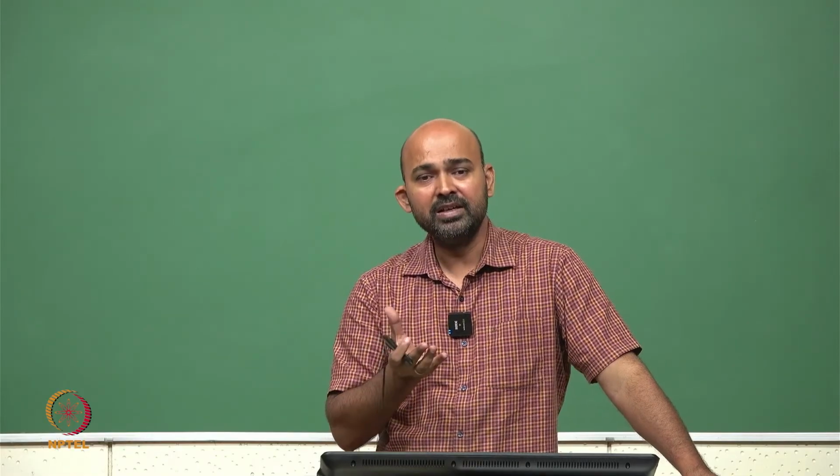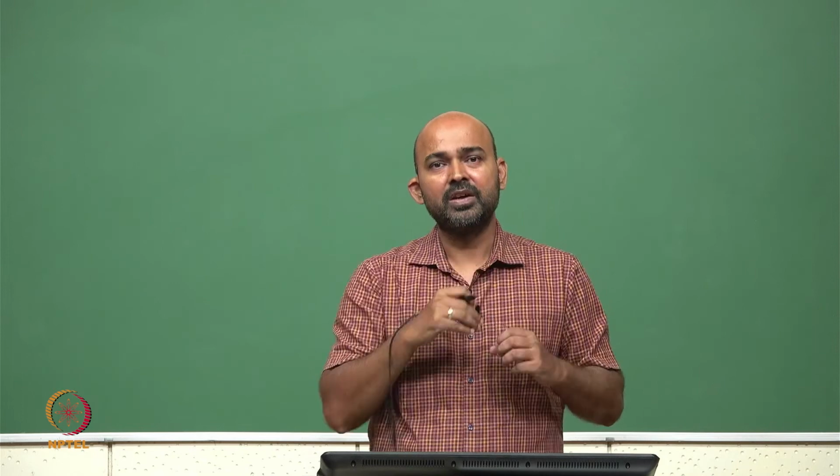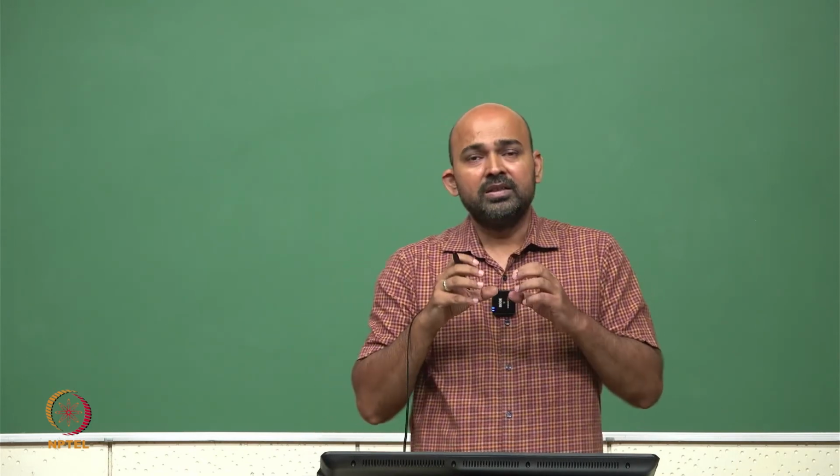We are not having any 6 volt source in the PCB. All the voltages we are using are 0 or 5 volt, but because of the reflection, some amount of voltage will be superimposed on this 5 volt. This 5 volt will become 6 volt. This is called overshoot, and this is very